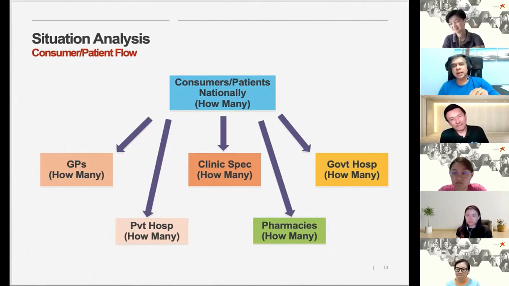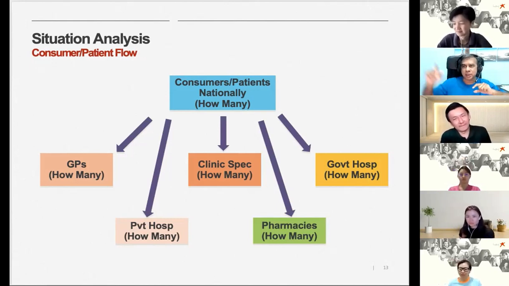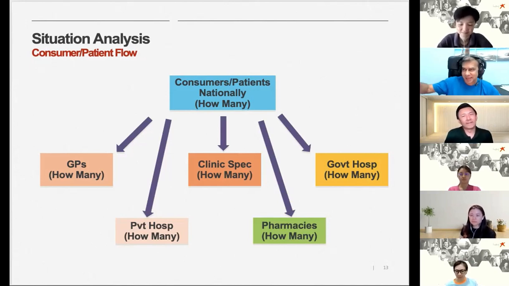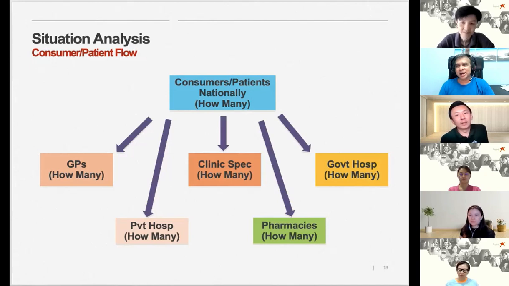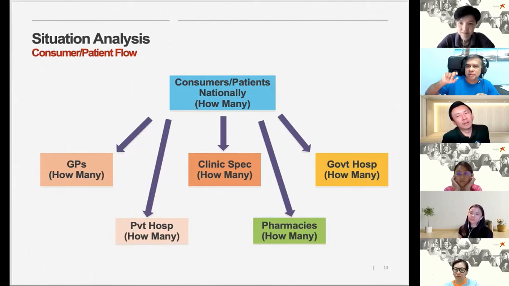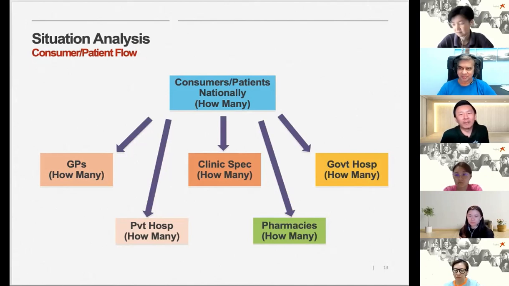You can't say that if I do one CME, I'm going to get $30 back in sales from that hospital. You really can't say, because it could be the advertisements you have done. It could be the sponsorship that you have done also. So that is something which really cannot come into any logical discussion. I know a lot of people have tried to do this and say that if you do this, your sales will increase this much. How do you know? You can't measure. You really can't measure.